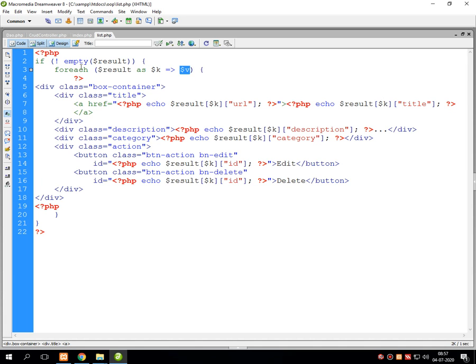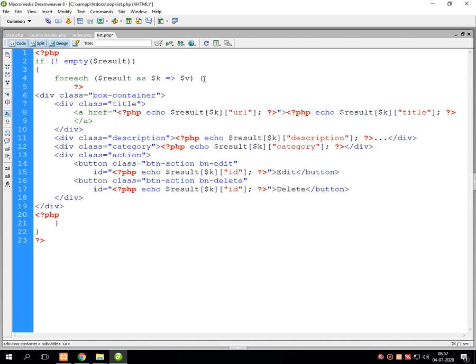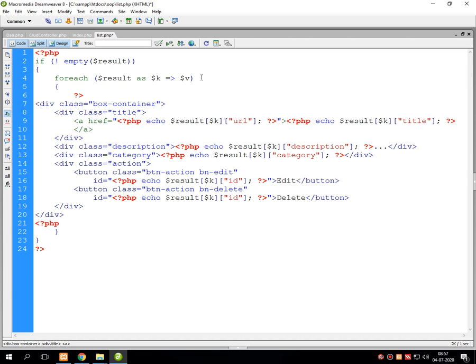What is the purpose of this particular line of code? Its purpose is to check how many records are present inside the database table called tb_link, and if there are multiple records, that is more than one record, this foreach loop will display all the records.